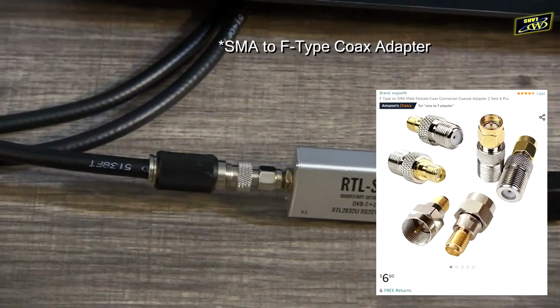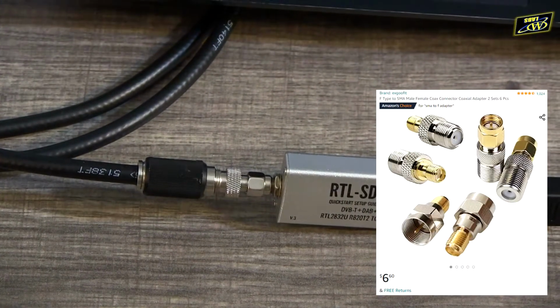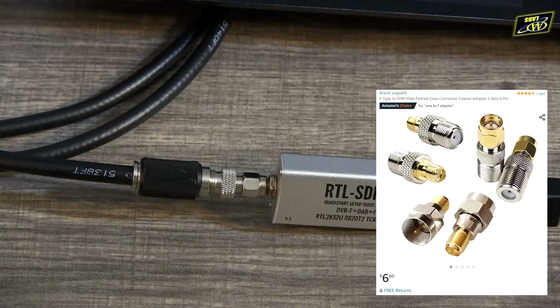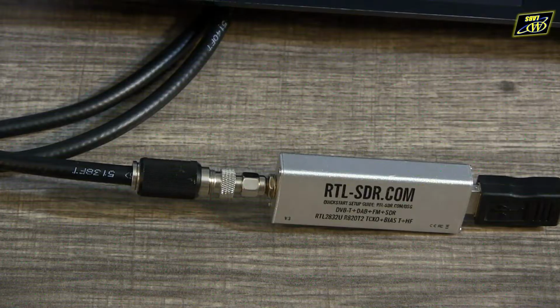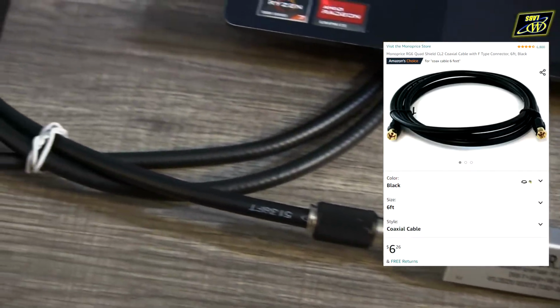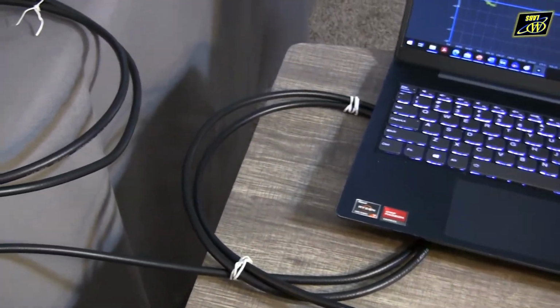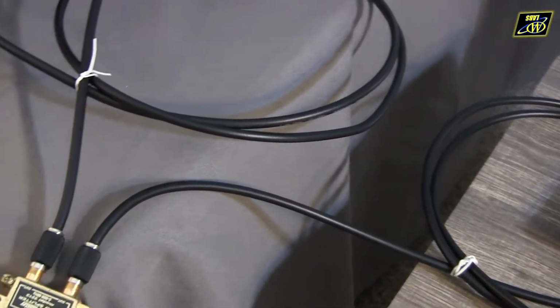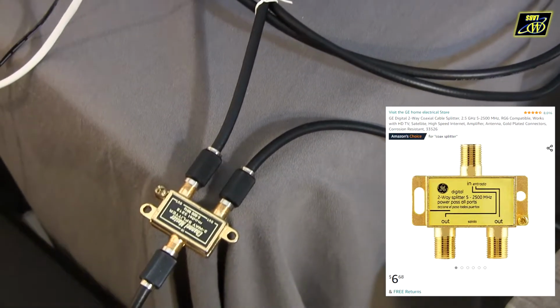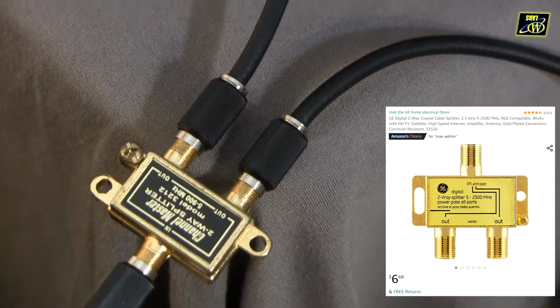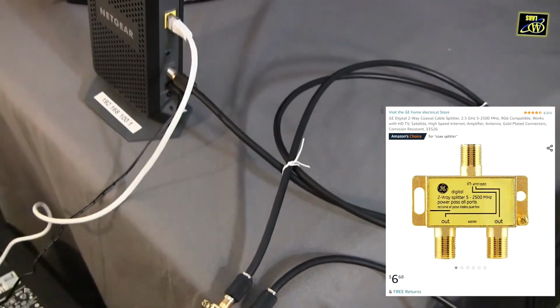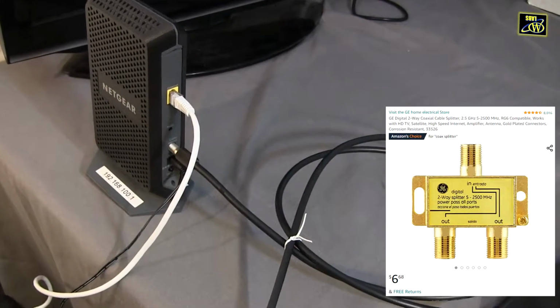You also need an SMA to coax adapter to connect the coax cable from your cable company to the SMA connector on the RTL SDR. Of course, a coax cable to plug into your wall, and you might also want a coaxial splitter so you can maintain your internet service by keeping that coax connected to your cable modem while you do this testing.